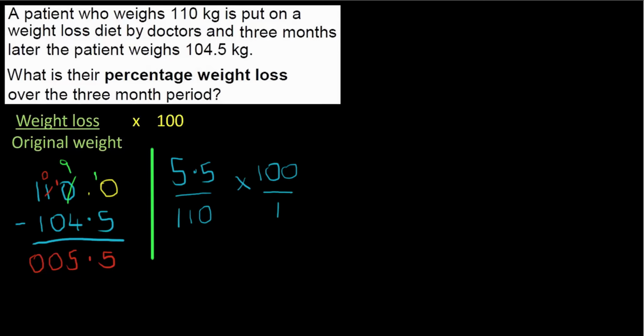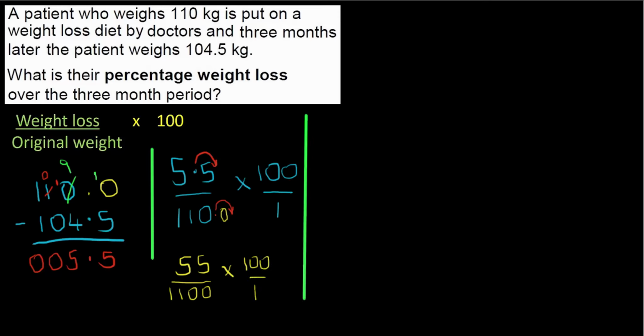Now I have an awkward looking fraction there on the left, 5.5 over 110, so I'm going to do the trick I showed you earlier of multiplying top and bottom by 10. Move the decimal point 1 place to the right. In other words, I have 55 over 1100, you saw the 0 that went into that empty loop,